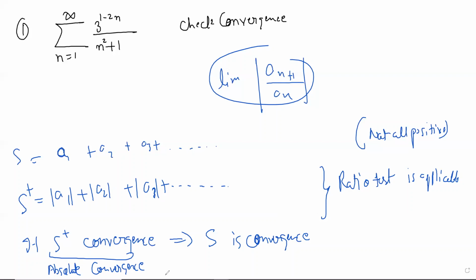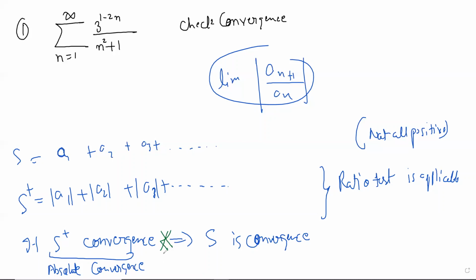If it does not converge after taking absolute values, you do the ratio test. Absolute convergence is just a name for this. You can apply other tests also, like the root test and so on. But the ratio test is one of them. We can basically do everything we learned on positive terms on S plus, and it holds. But sometimes the converse is not true.